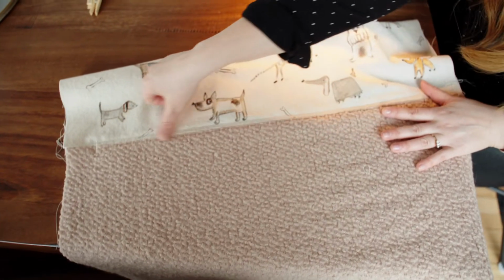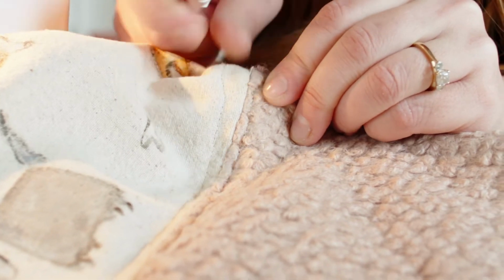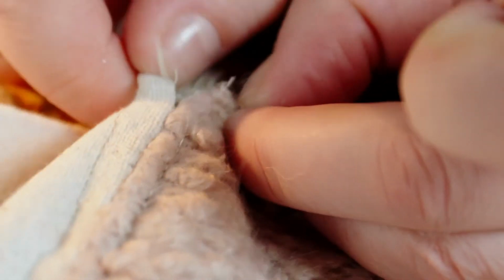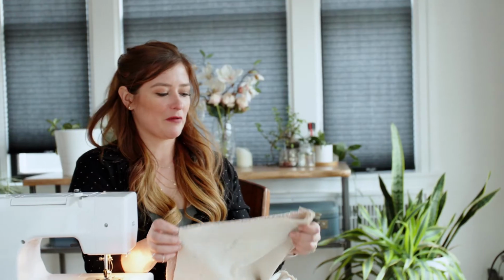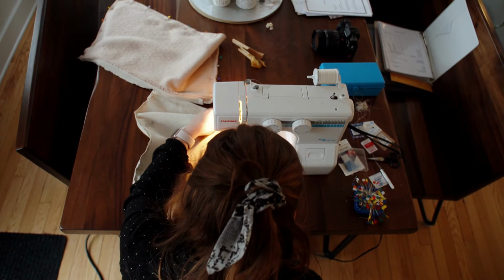So my zipper is in there. See, I've got my seam on either side. I'm just gonna take the seam ripper and I'm gonna find my basting stitch here. As I pull out the basting stitch, see, peekaboo, there's my zipper. Now we're gonna pin it and sew the rest of our seams together, and then we'll be able to put